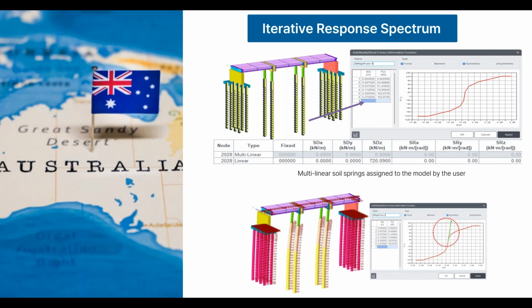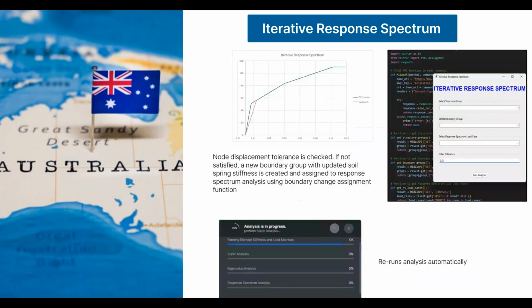Now, response spectrum analysis, which is a linear analysis, considers the initial tangent or the initial stiffness of the curve of this nonlinear spring and conducts the analysis. Okay, the slides are changing, I guess. All right, okay. But in these regions, the high seismic regions, we need to perform iterations by checking